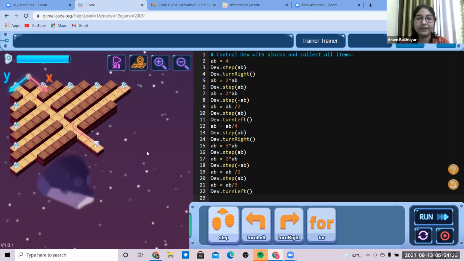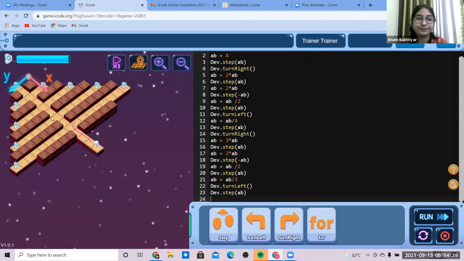Now, step AB should move 2 steps ahead. Okay. 1, 2. Now it has reached 4. So we have to go for 2 into 2. That is 2 into AB.